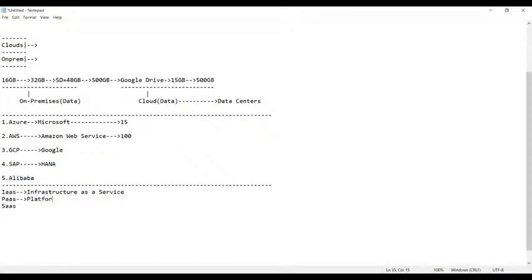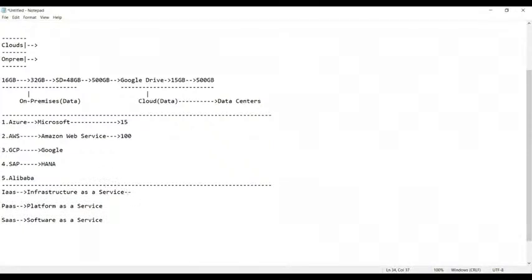And the third one, SaaS, stands for Software as a Service. That means they have provided their services in three different categories.